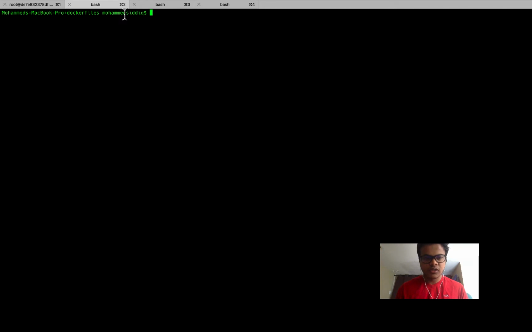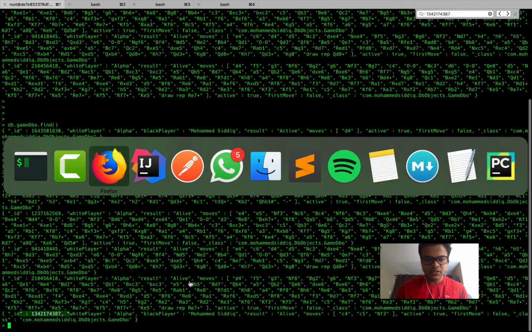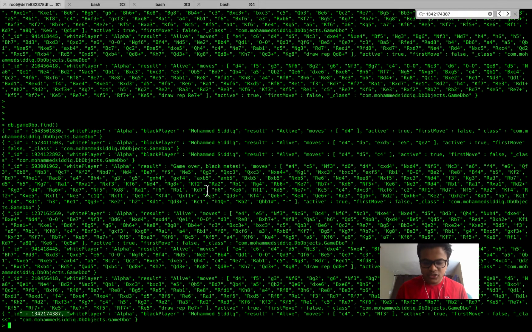So first, what I have to do is get the commands. I think I've written the commands over here for individual Docker runs. Yep, this is the one. So first, let me spin up a container without the autoplay feature on. Let me start on port 8090, and the name of my image,